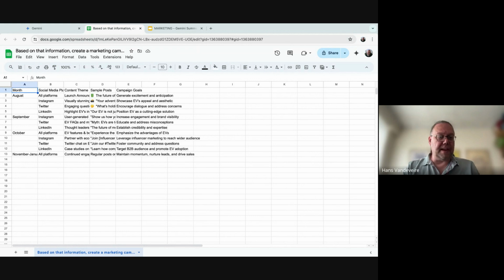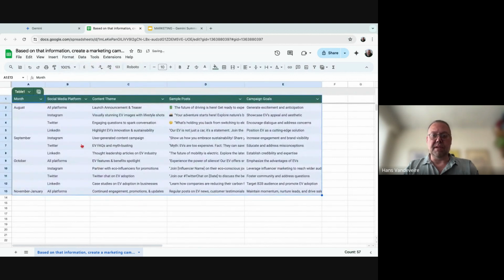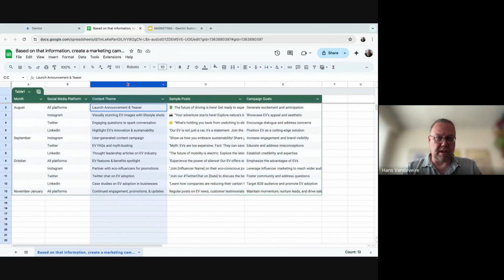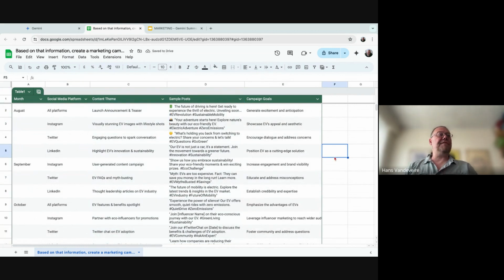And maybe to make it a little bit nicer to see or quicker to understand, we can just easily convert it to a table. It will immediately be easier to read, and maybe we should have those columns a little bit different like this. So here we have this almost ready to use plan that has been published